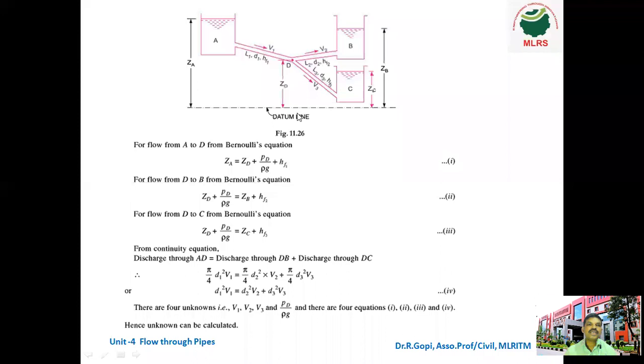Initially in these tanks, water levels are constant, and in the pipes also it is constant. Due to these constant water levels, the velocities, that means V1, V2, V3, are also initially constant. Okay,